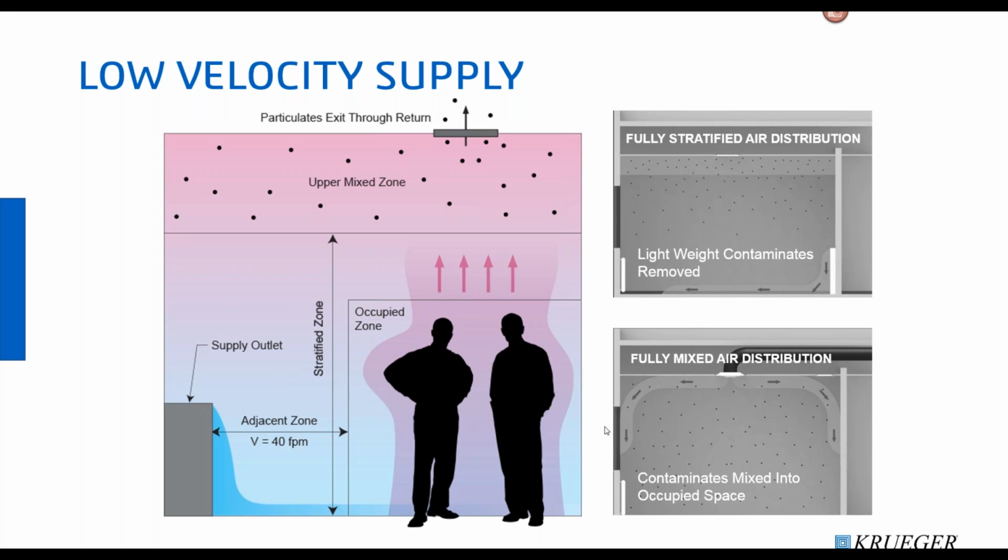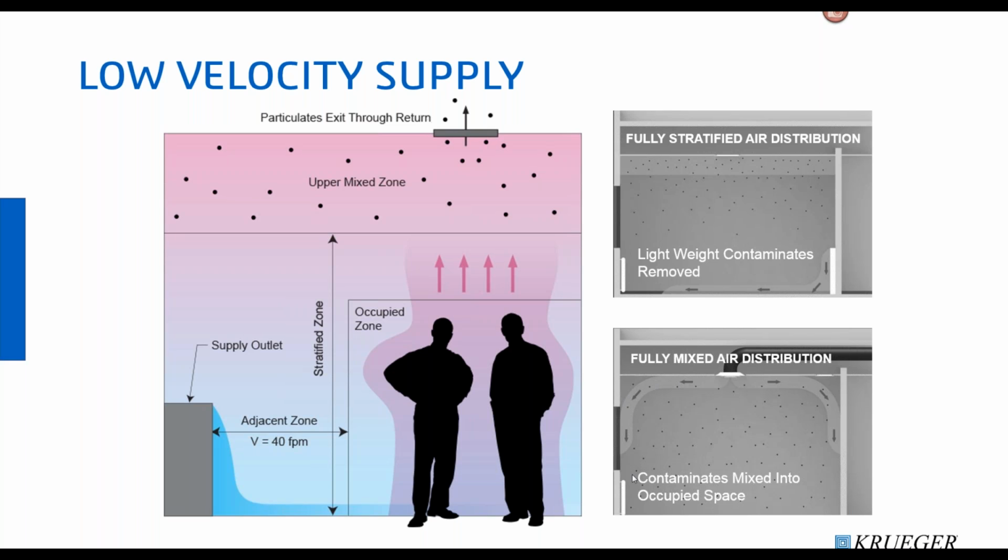And the way that it does that is if we look at the images on the left side of the slide, you'll see at the bottom, there's a traditional mixing overhead air distribution. So this is kind of what we're accustomed to. You have a diffuser in a ceiling that's discharging air at a relatively high velocity directly at the ceiling and discharging it along the ceiling through the Coanda effect until it encounters a wall vertical surface that it will entrain